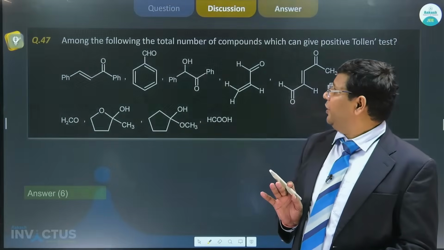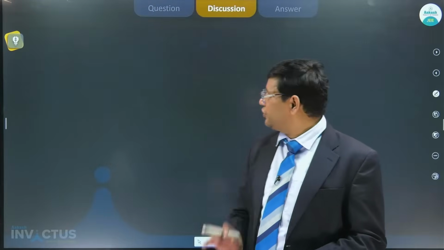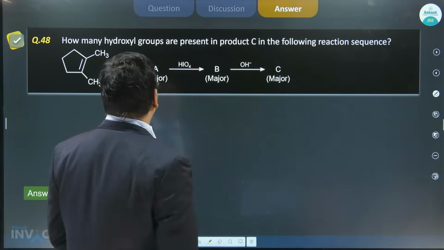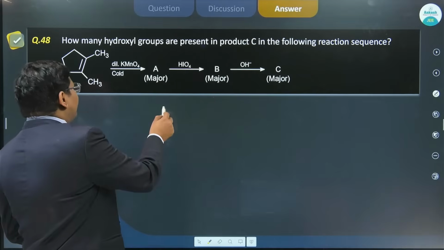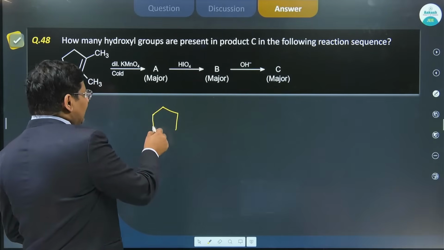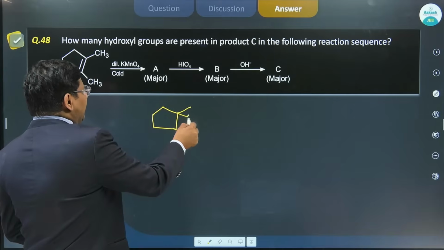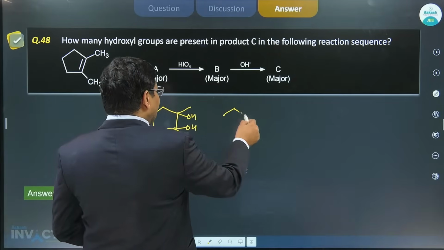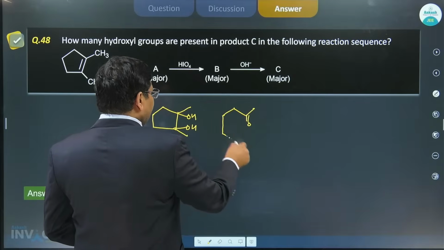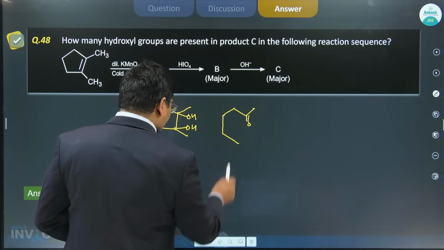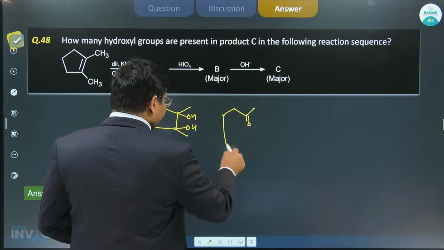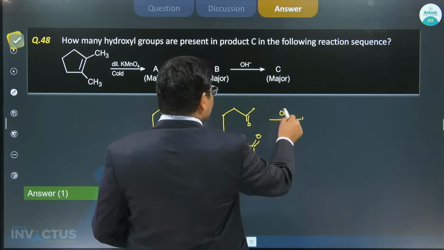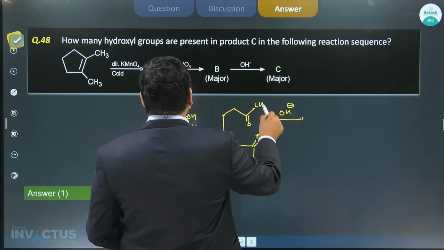ओके। Now let's continue our discussion. तो अब हमारे पास क्वेश्चन नंबर 48 है, how many hydroxyl groups present in this. तो डाइल्यूट कोल्ड KMnO4 से क्या होता था बच्चों, सिन एडिशन करते थे हम लोग यहाँ पे। तो सिन एडिशन में दोनों OH सेम प्लेन में लगाने हैं इसमें, राइट। तो मैं डायरेक्ट लिख रहा हूँ because they are not asking any product, कि उसकी स्टीरियो नहीं पूछी जा रही यहाँ पे, राइट। तो मैंने इसको भी बना दिया प्रोडक्ट, देखो यहाँ पे, तो ये आपका बन गया।